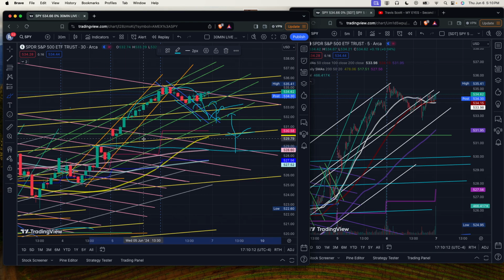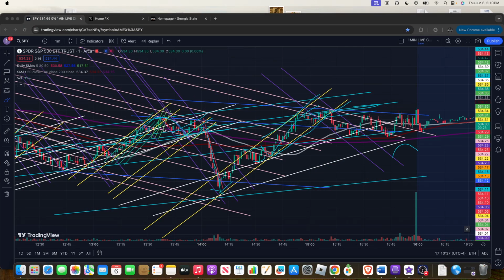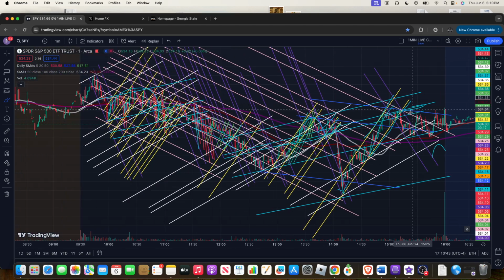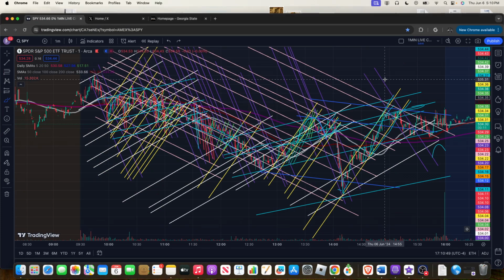So there are many levels to go. Level by level, you have to really see where the market goes. But if you want to be long in this, if you want to go buy calls, you would want to wait for the cup to close and see some type of structure, because we are tapering around this green, this teal, like you can see. In the 30-minute, it's going to be around the green. So we want to find some sort of buying continuation, strong buying,